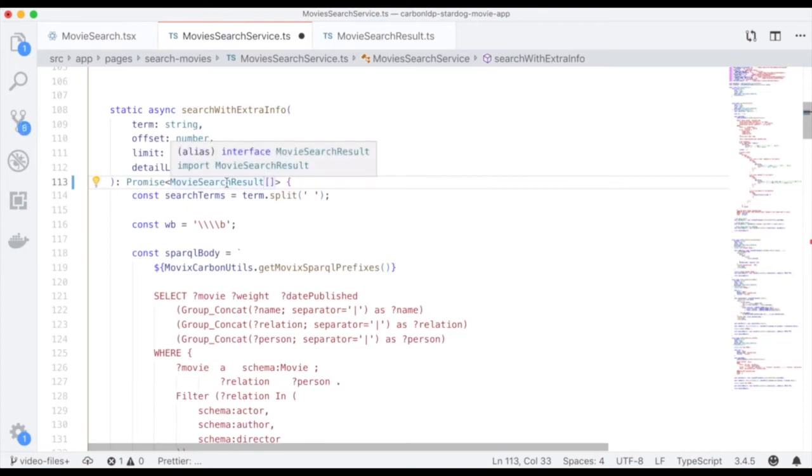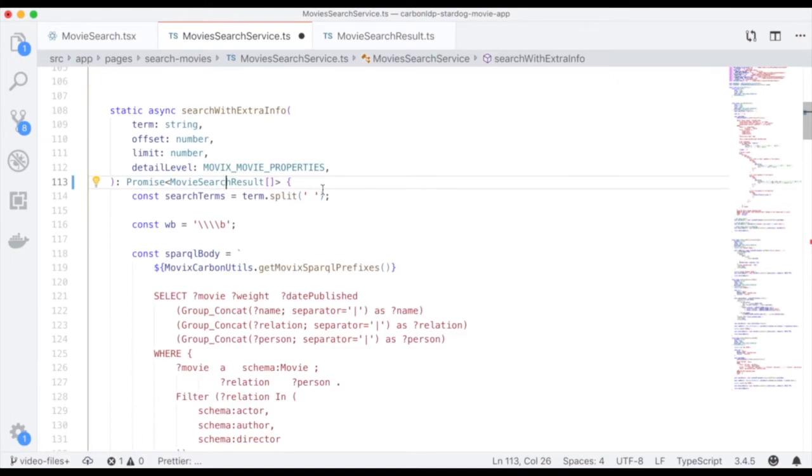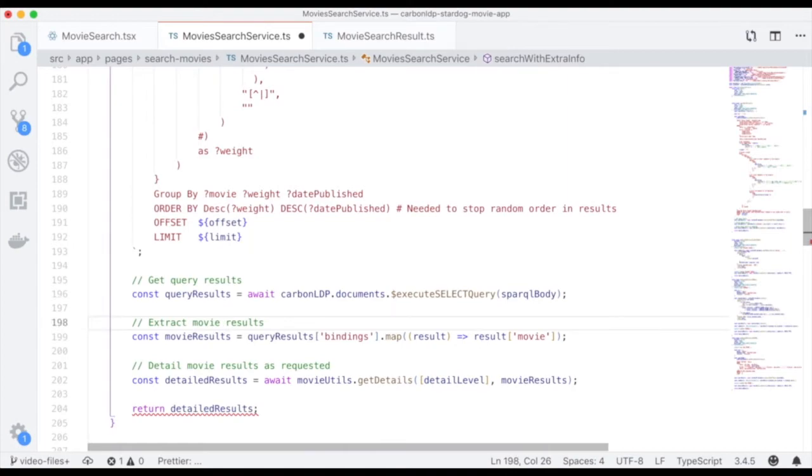This interface is just one element of our search results that contain movie-related documents, an array of strings, relations, an array of strings as well, such as an actor, author, or director, and finally, matching values, in this case, the name of the people involved. Take into account that, since we are using group concat, our results will come back as a string, not as documents,